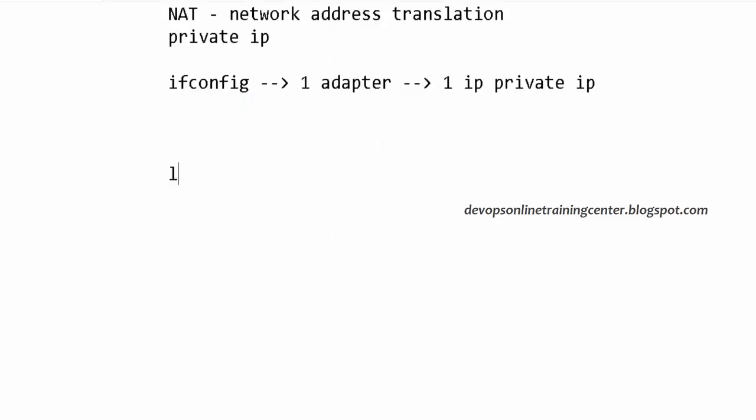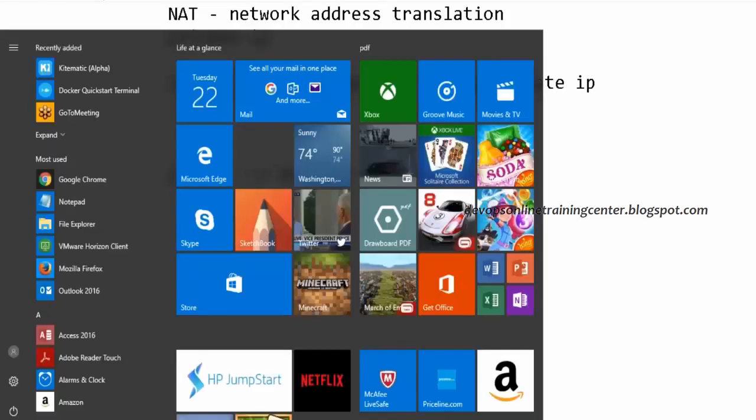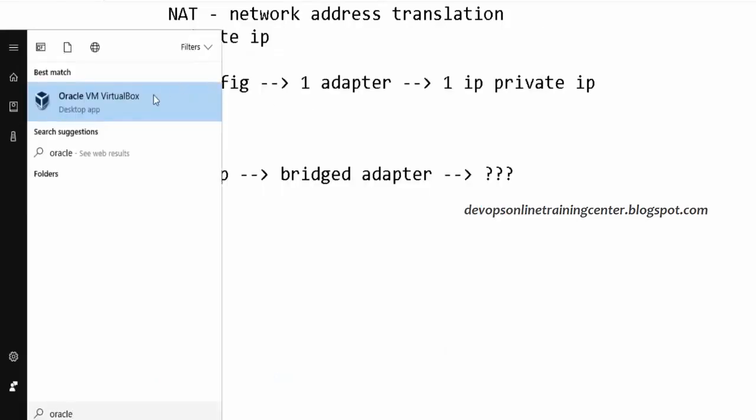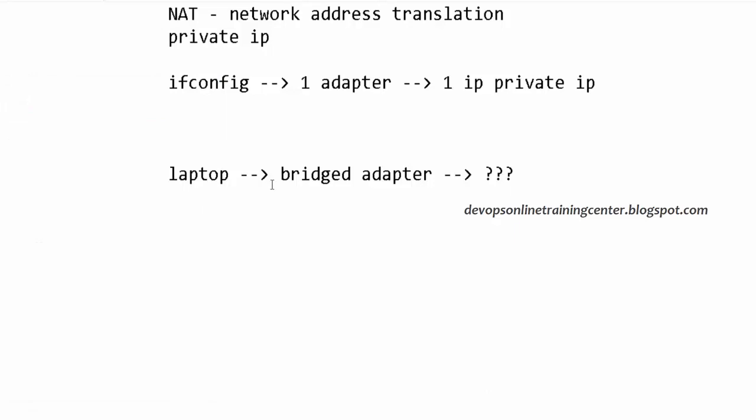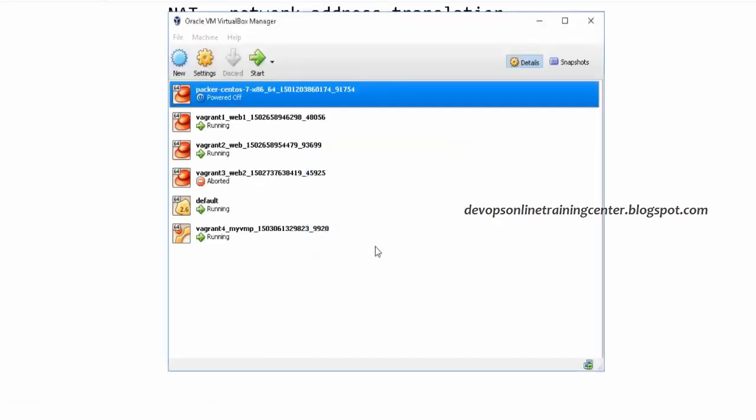And when you say something like wget some link or rpm -ivh and http some link, this has to go through the net, through the bridged adapter. So every laptop will have a bridged adapter. How to find out your bridged adapter? Once you install Oracle VM VirtualBox and you have a lot of VMs, you have a basic VM ready. Now you can go to network settings and check what is your bridged adapter.